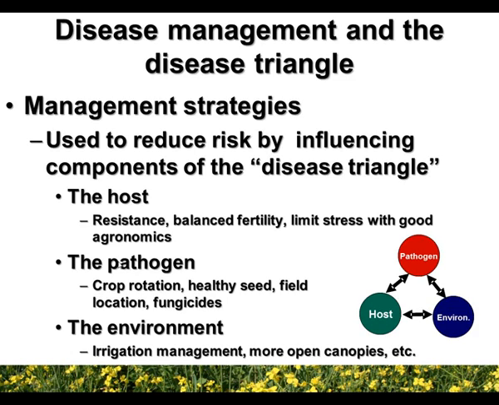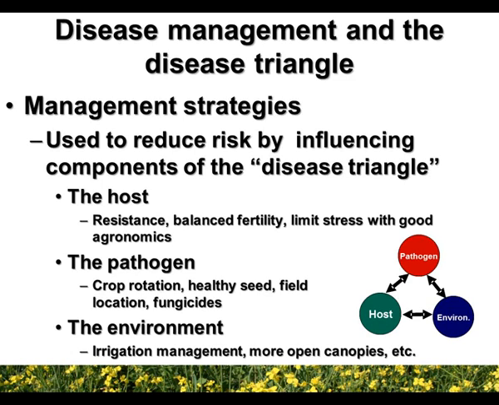disease triangle. So if we look at the host, you're looking at growing a crop with resistance, using balanced fertility, and using generally good agronomics to limit stress on that crop. Any stress that you impose, deep seeding for instance, will increase the risk of seed and seedling issues and stand establishment problems. The pathogen, you can target the pathogen directly using crop rotation, by using healthy seeds, so careful seed choice. Field location can be